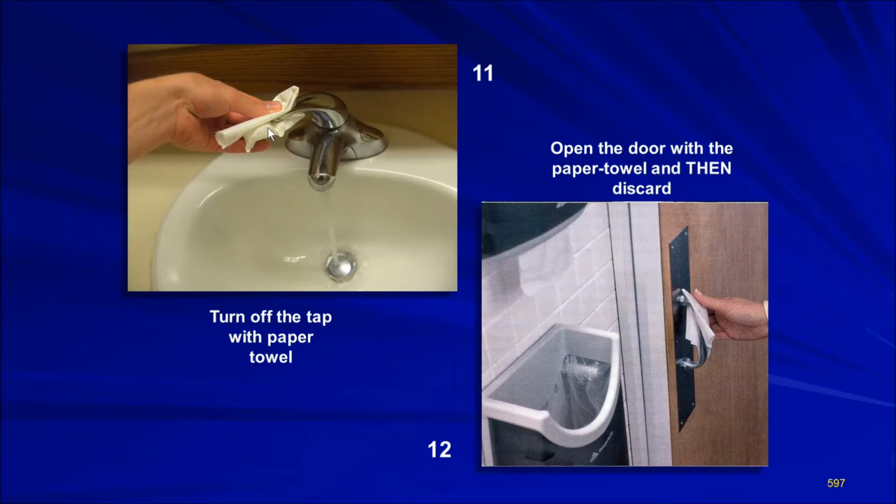Perhaps using a sleeve, or using some type of tissue if you have one on you, to try and turn off the faucet. Similarly with opening the door on the way out, if you don't have a paper towel to do that with, you may have to find some other means, such as using a sleeve, or trying to find some type of tissue to open up the door with. But think about how you're going to get out of the bathroom and plan for that ahead of time,